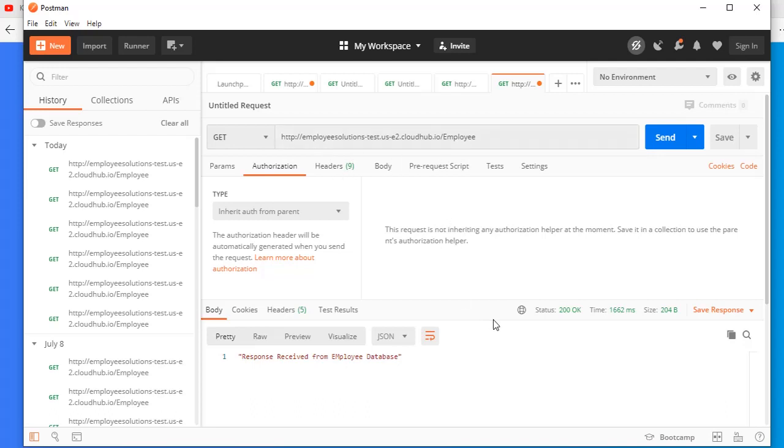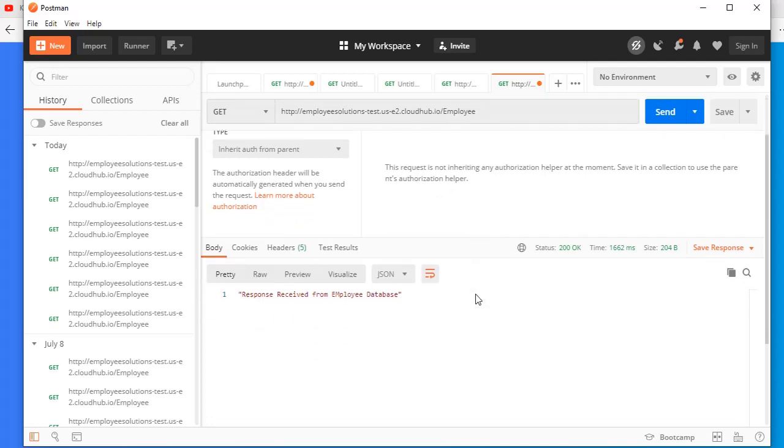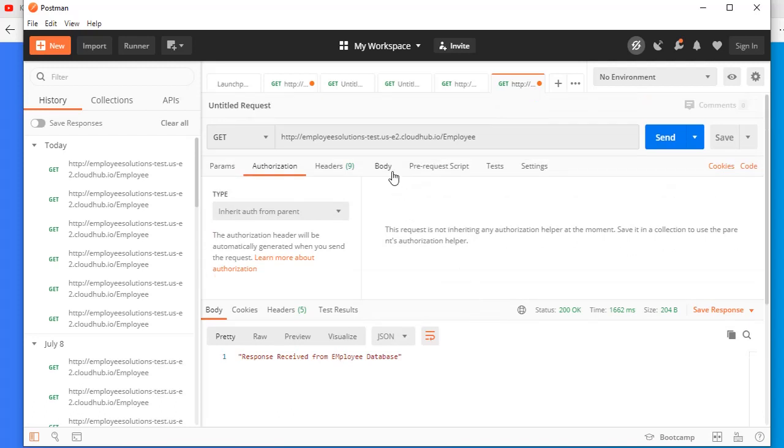So let me hit this API and see how many times it allows me to invoke it. For now, in our previous example, we applied only the client ID secret policy for this API, if you remember.